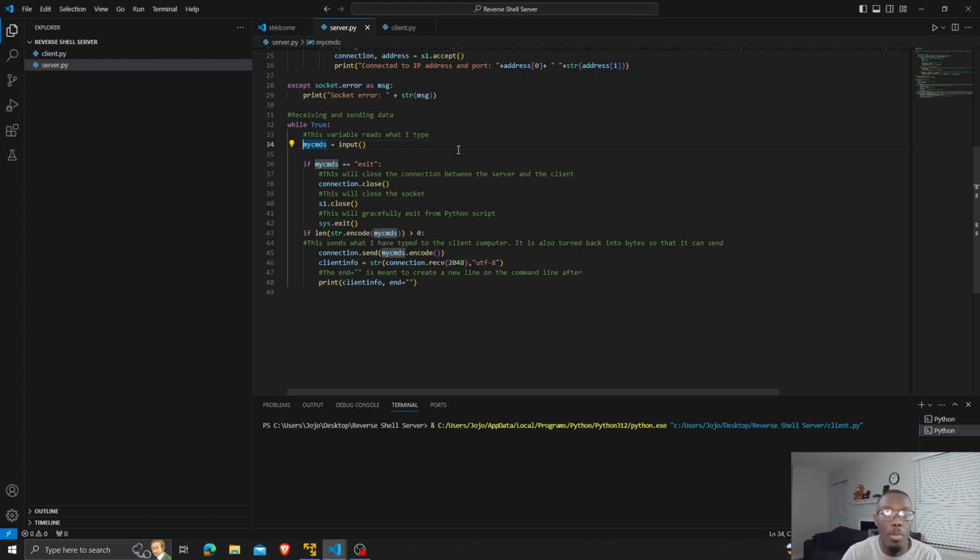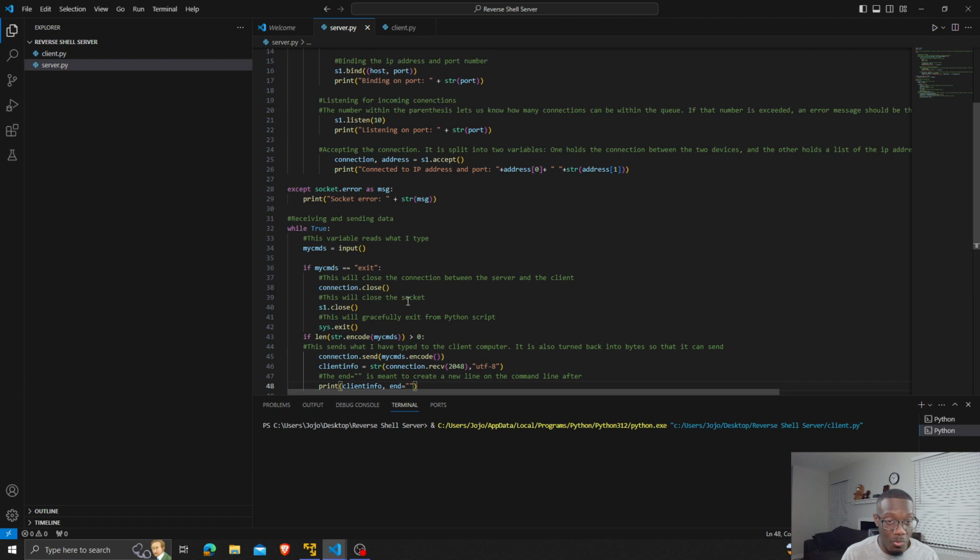So this places it in a way that we can see it as a string, because like I said, to send information back and forth, it has to be done as bytes, and then when you receive it, you can convert it into a string that you can then read. And then this last piece of code pretty much just prints out whatever the client has sent back to you. And this end just makes sure that a new line is created each time